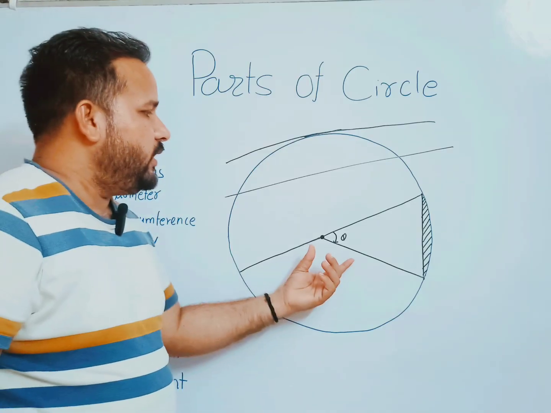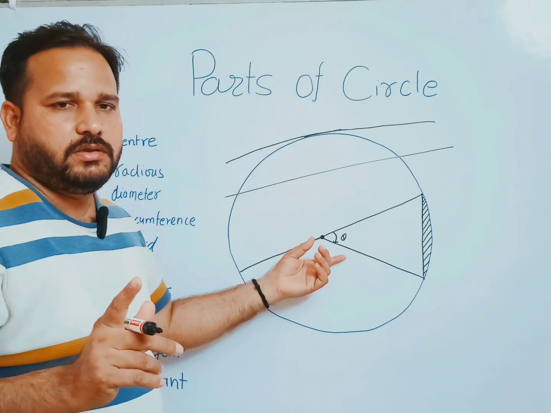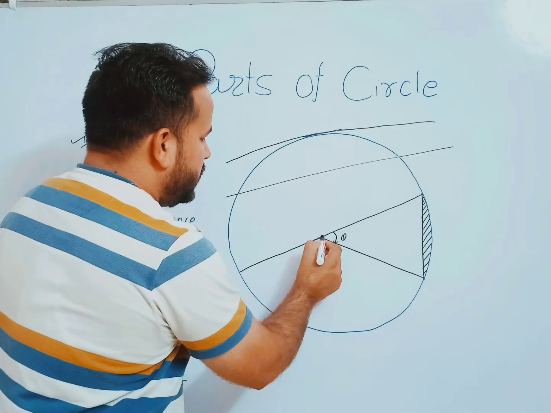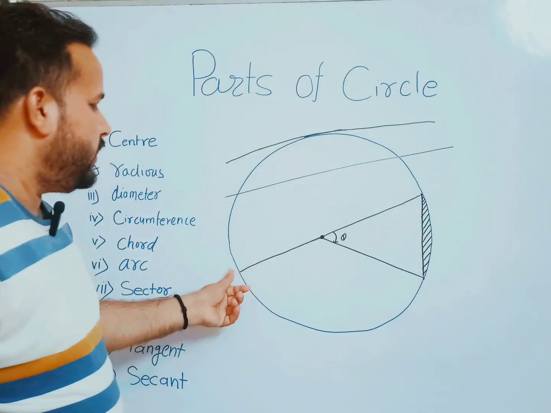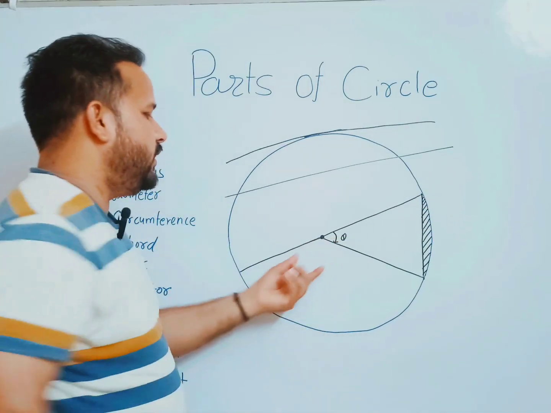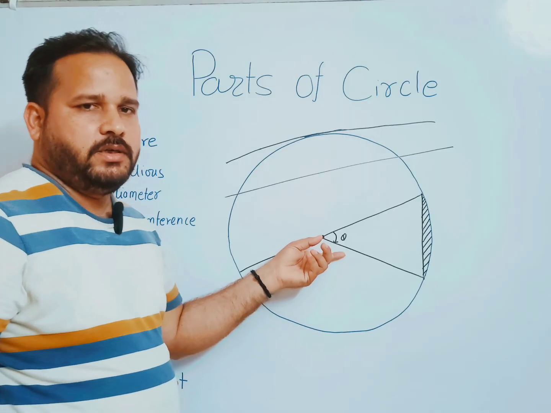or the distance of the 2 points on the circumference that passes through the center. यानी कि this is the line that passes through the center. One point is here, second point here, but the condition is the line passes through the center, and that is called diameter. And diameter is twice the radius. ठीक है।